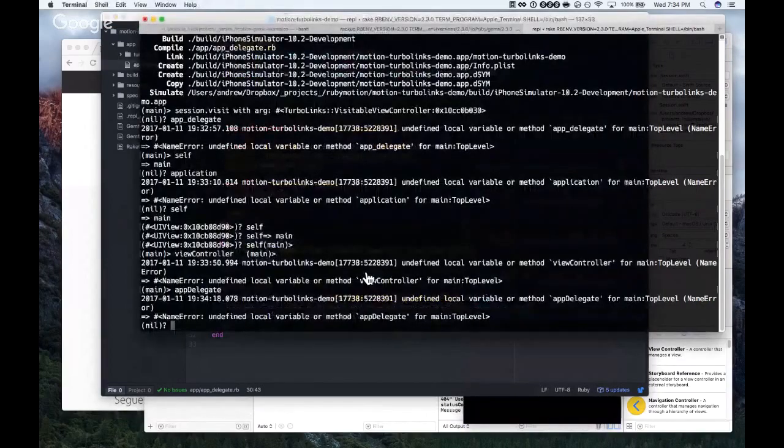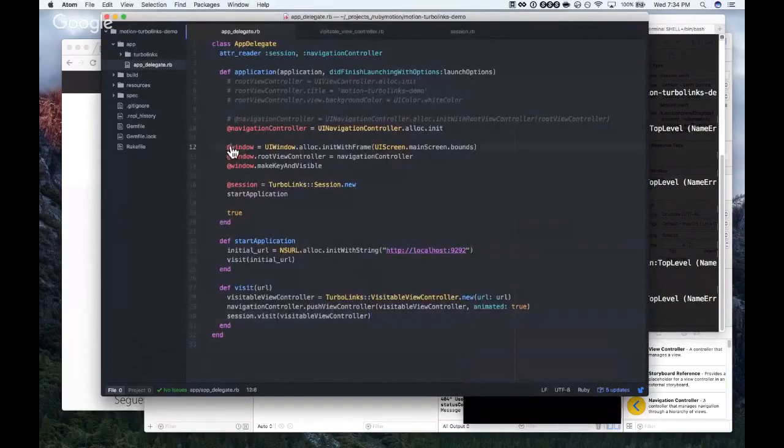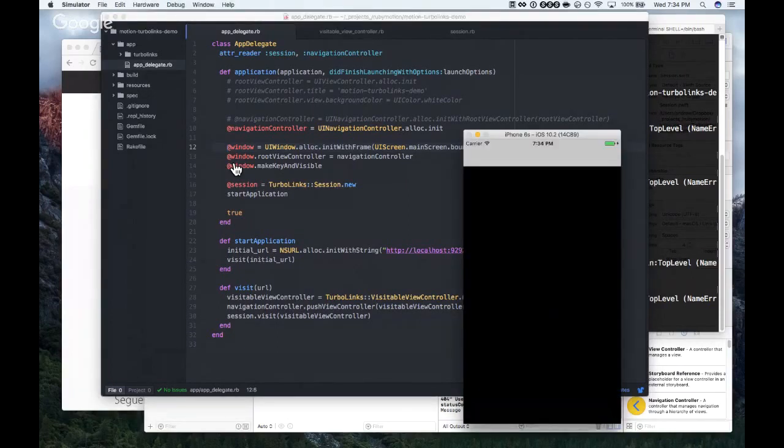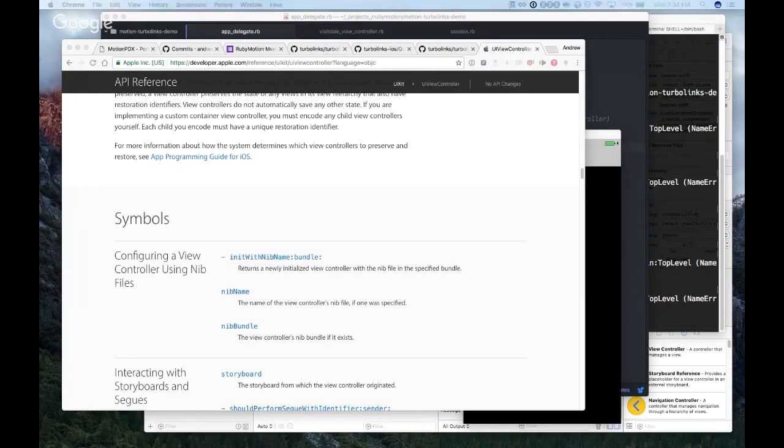One trick that I do took me a while to figure out, because when you're dealing with a Cocoa app, it's different. I can't remember even where I found it, but eventually I found out how to reference the main app delegate object on a Mac OS application that you're running in the REPL. It's a different name.